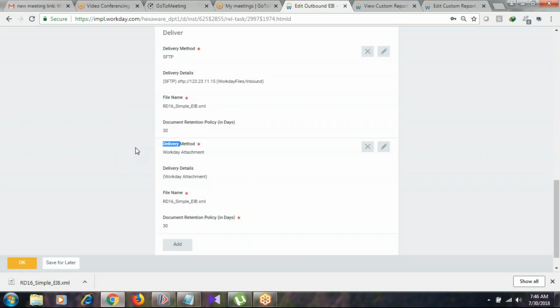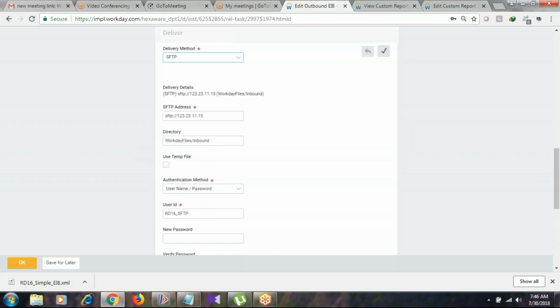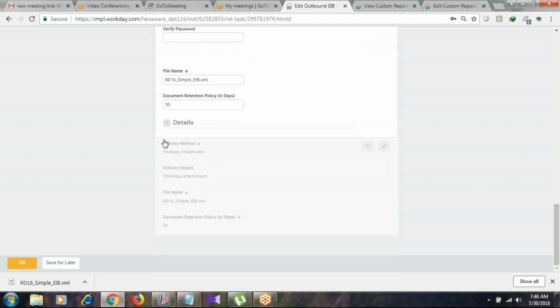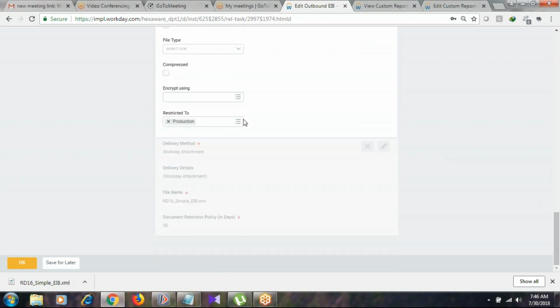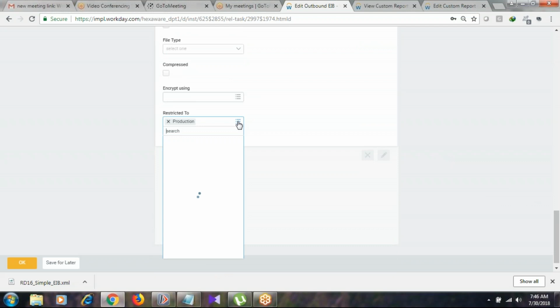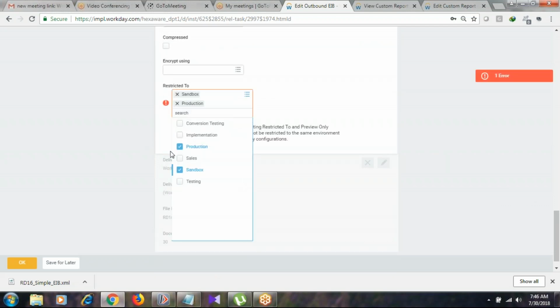Mostly we do multiple deliveries to avoid having only one configuration, one delivery for all types. With this delivery itself, I can make this SFTP delivery to all tenants. But suppose I don't want to send the sandbox and implementation output files.